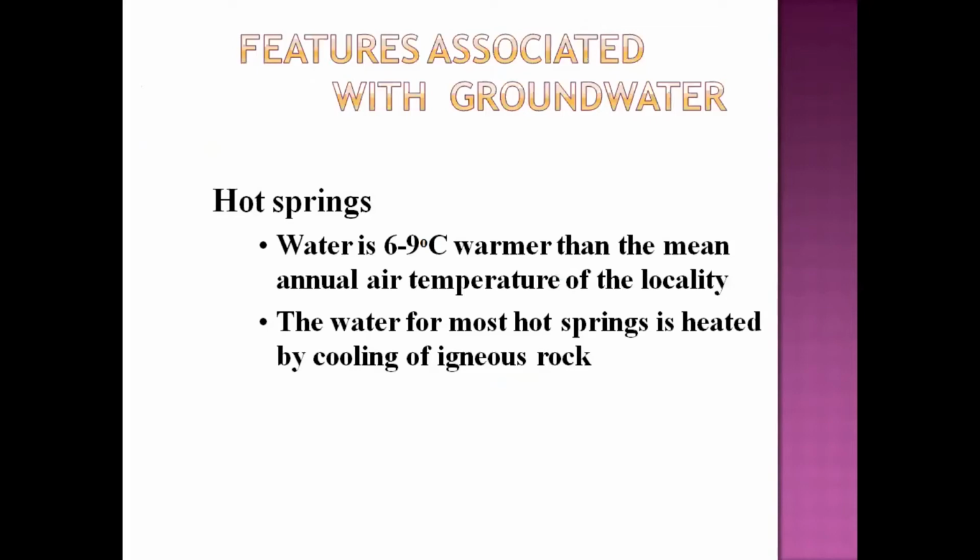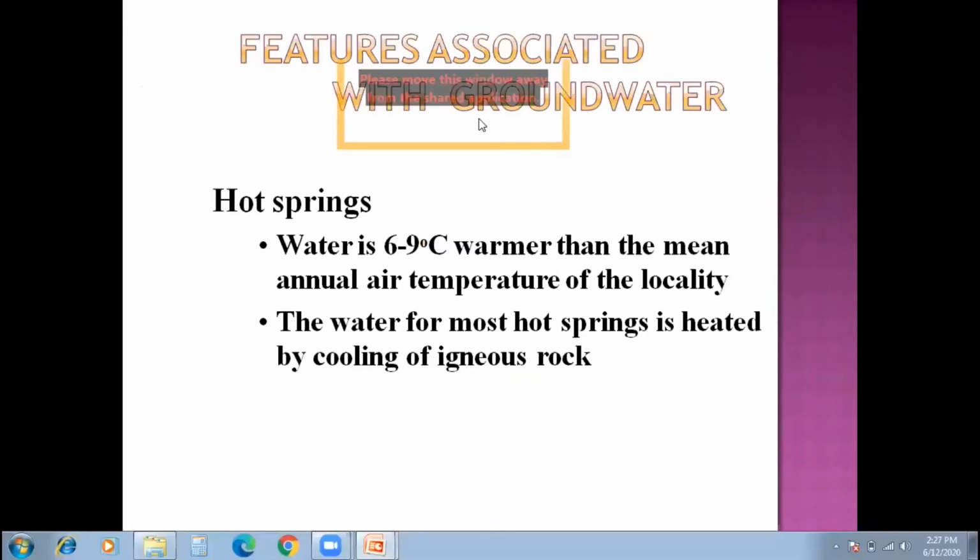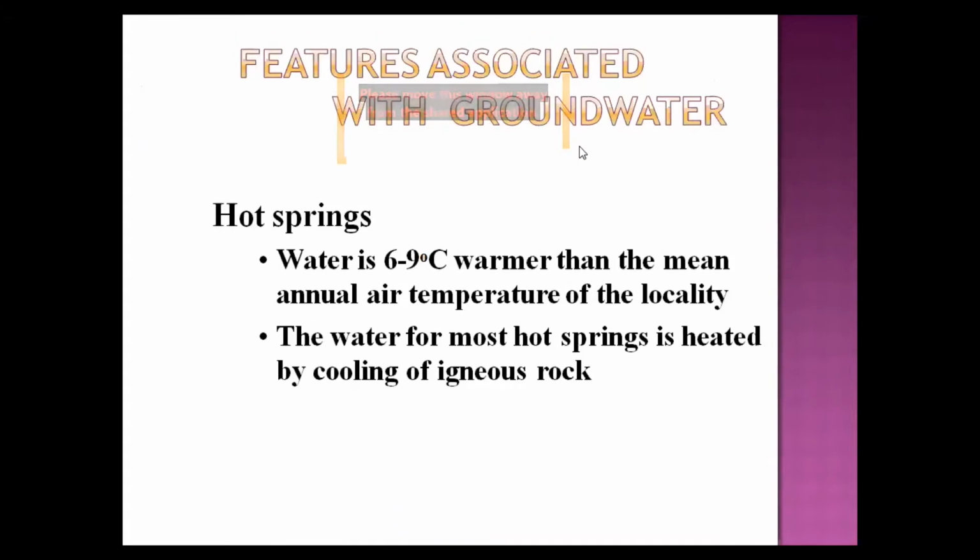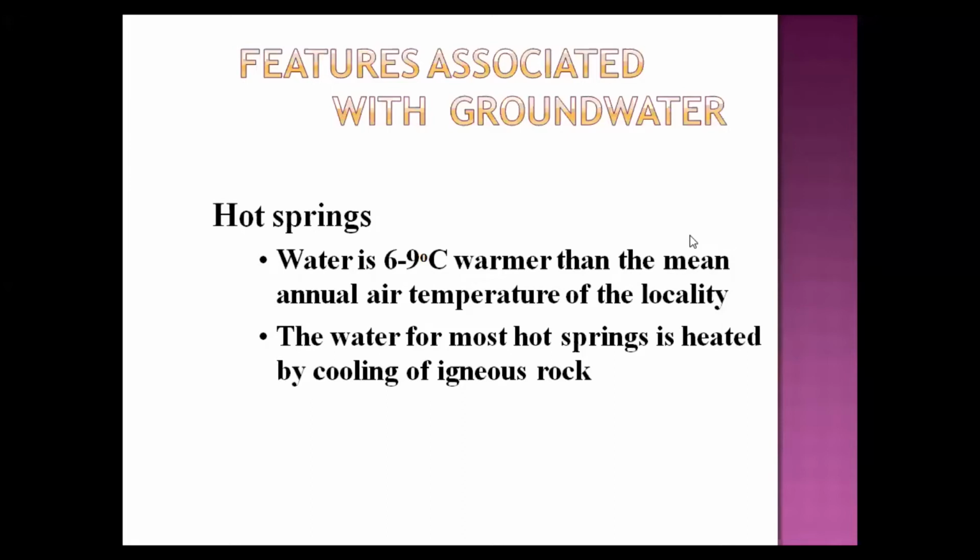Well, there are some springs that are hot springs, and they are warmer in temperature, like 6 to 9 degrees warmer than the local temperature of that locality. And maybe you have seen Tata Pani, which is a location in Azad Kashmir, and I think there is a location called Garam Chashma in Chitral. If you guys get a chance to go there, maybe in future, you can see fresh hot water, and people normally go there and try to boil their eggs and cook some stuff